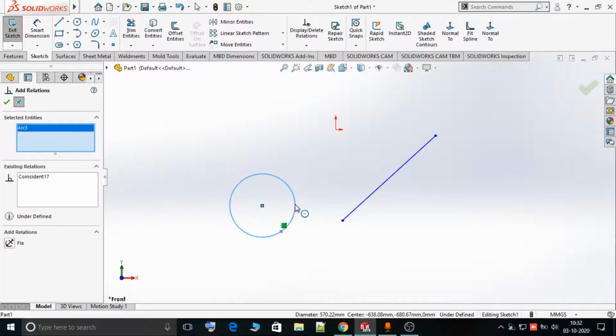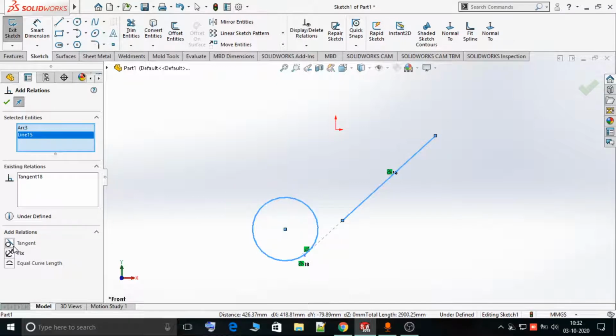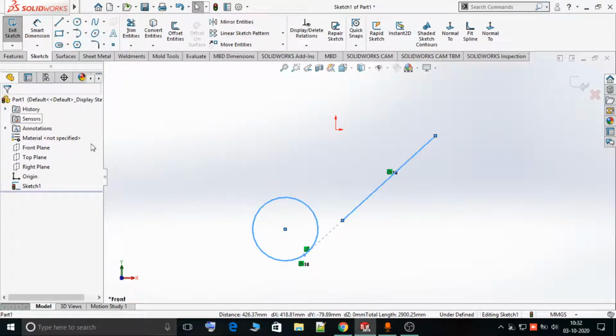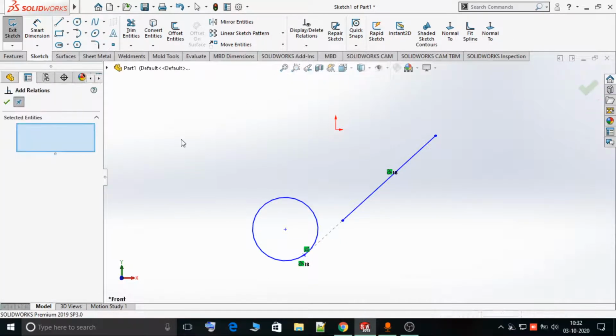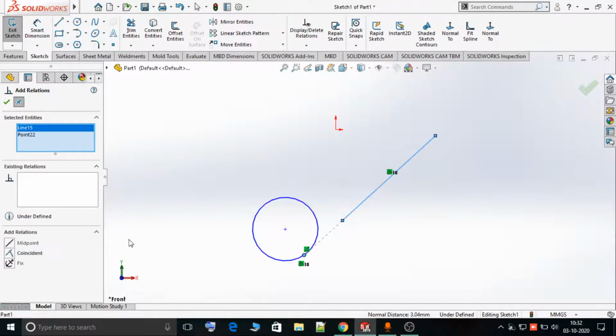I select a circle and then I select this line. Now I can see the possible relations over here, and I want to add a tangent relationship, so I added this relation. Further, I want this point to be coincident with this point. So what I do, I can just select add relations, select this point, this line and coincident.